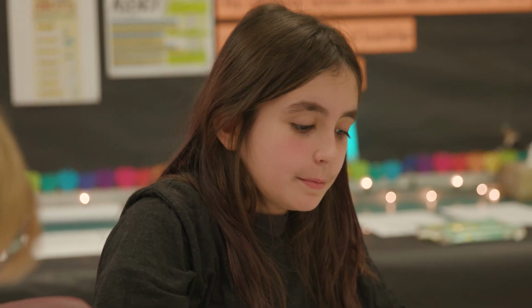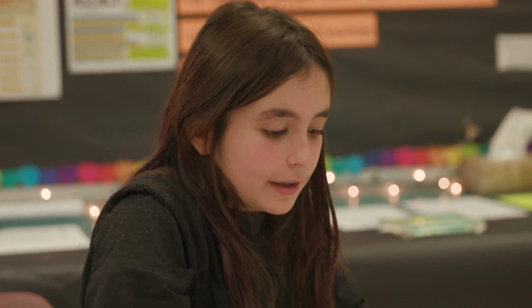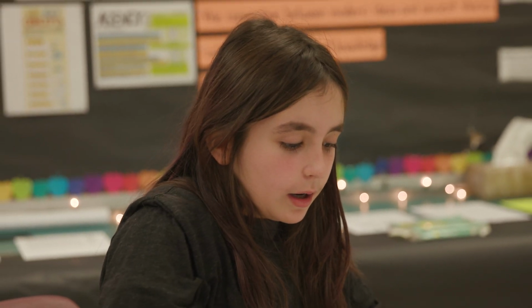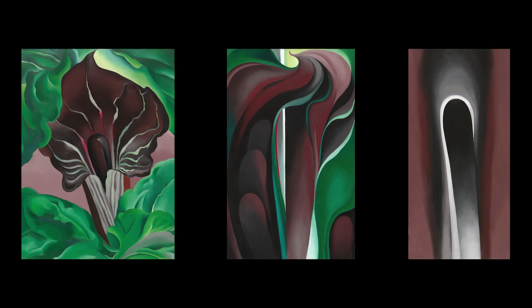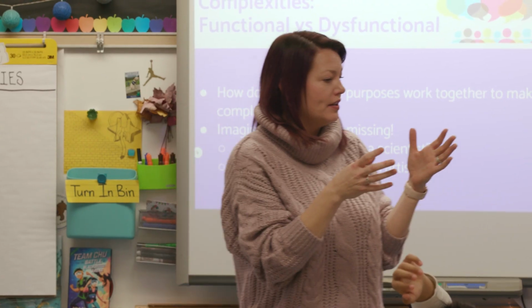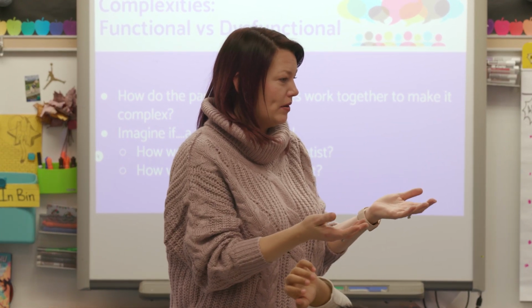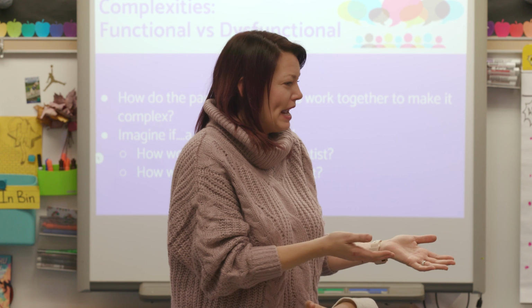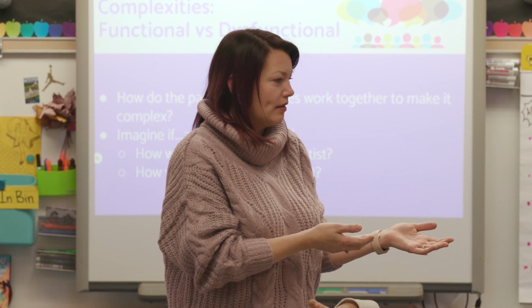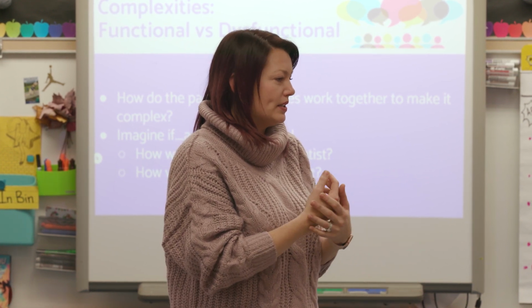Yeah. What me and Ben thought was if we didn't have any detail or color in this, it would just be like one purple blob. It won't show what the real flower would look like. So what you're saying as an artist, the reason why she included all of these lines and the waves and the colors is because if we just had one big purple blob, then it wouldn't really look like what she was trying to make, the Jack in the Pulpit. Yeah, it wouldn't look anything like that. It wouldn't resemble it to you.